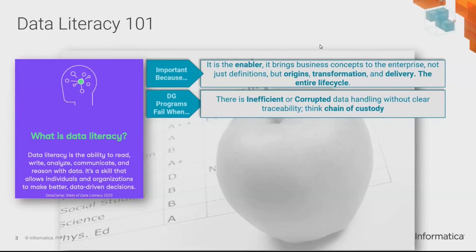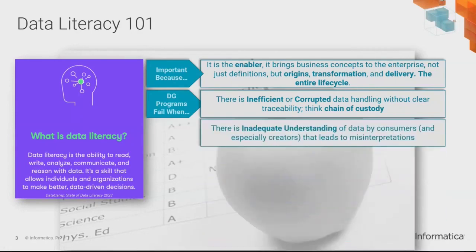So there could be inefficient flow, there could be corrupted data along the way. These are the things we need insight into and that are handled by a good data governance program. We want to think about the chain of custody, so being able to see step by step how data moves through the process, and then also who to ask, who to get questions about the data, where we can find out why things might have gone sideways as you're moving through the process.